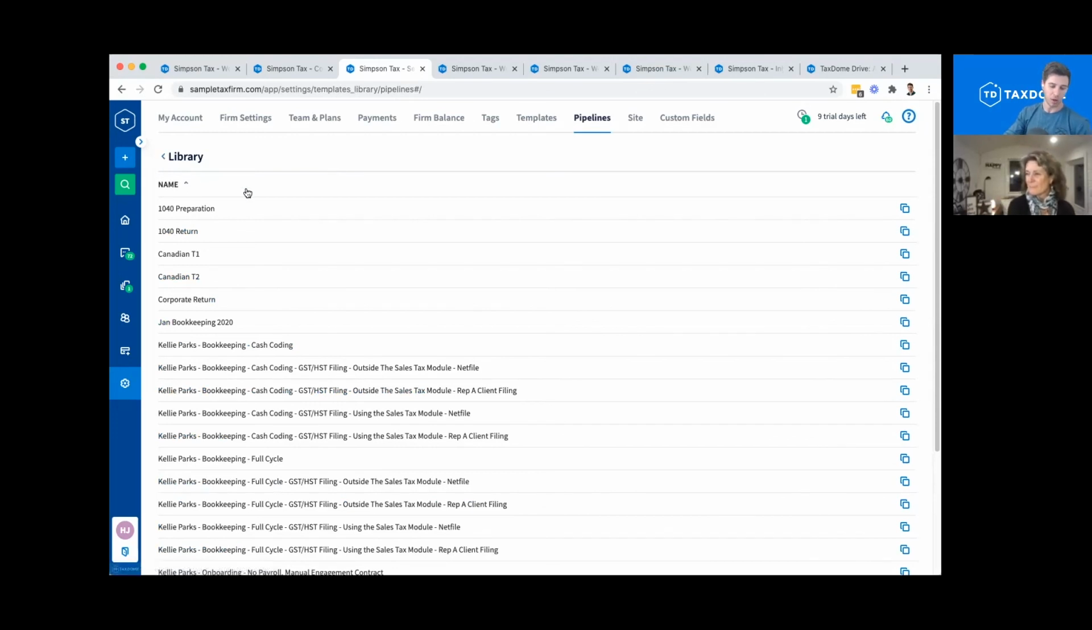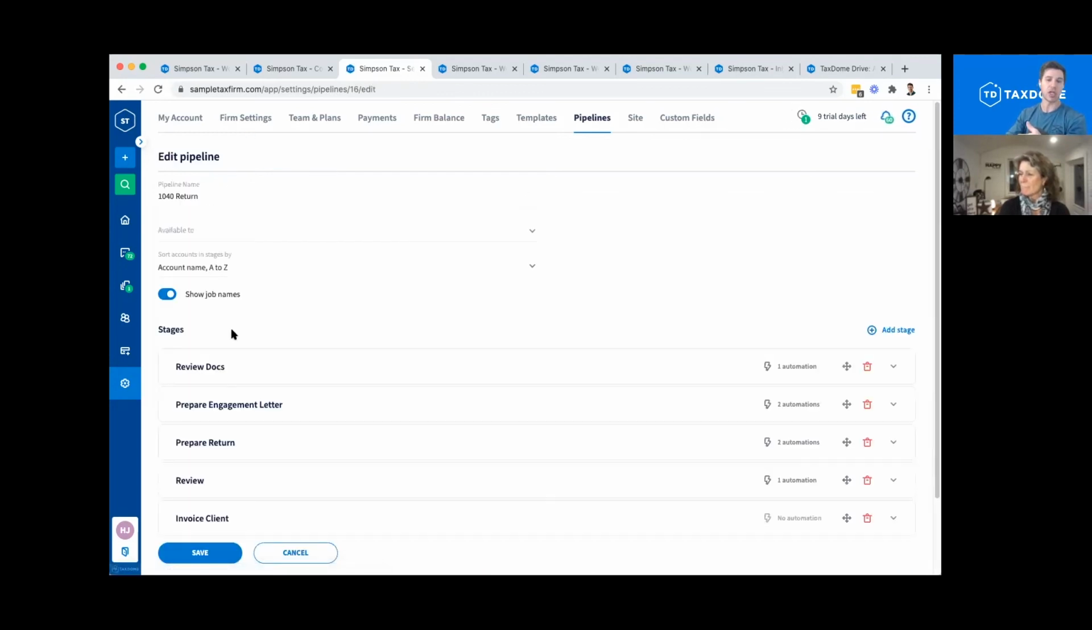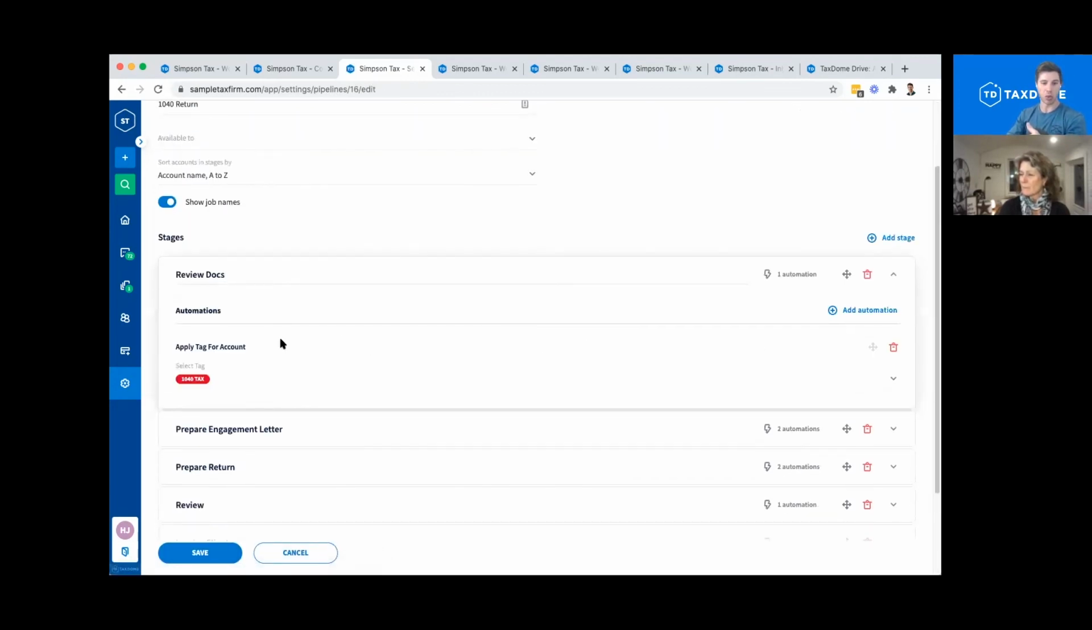You can make it as either take hers or modify, make your own. We've got a bunch of other ones, but that allows you to do that. So if we come back to the pipeline, let's say you've made one. For each one, you can click add automation, and then add all the different automations that you want to happen